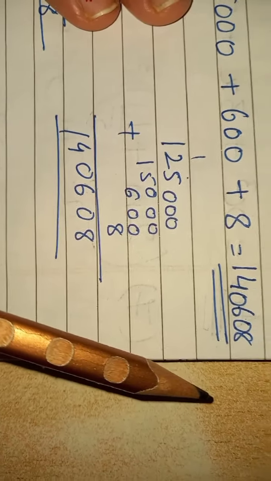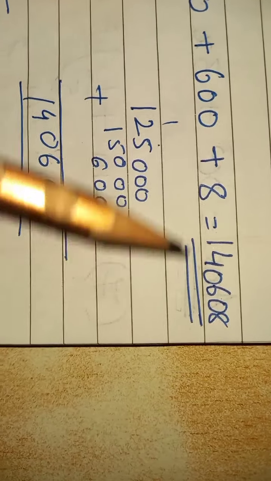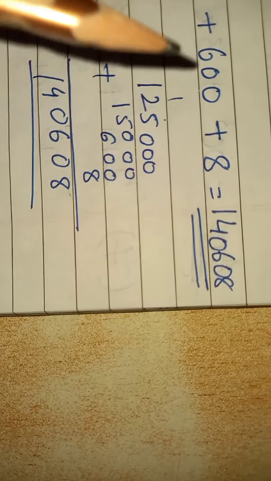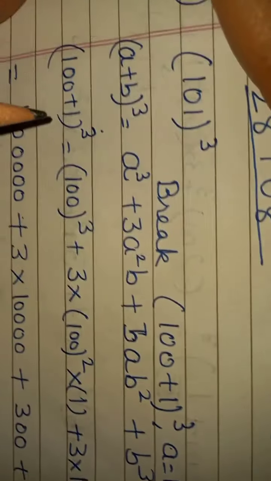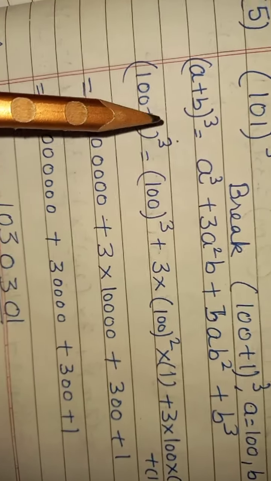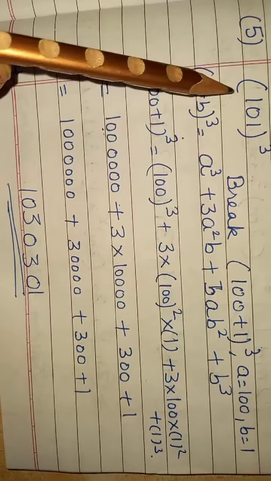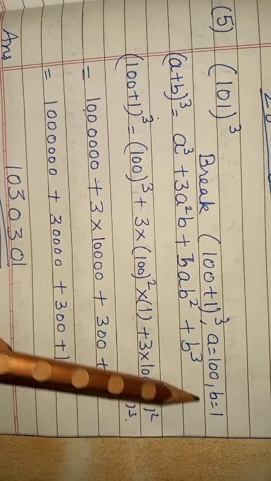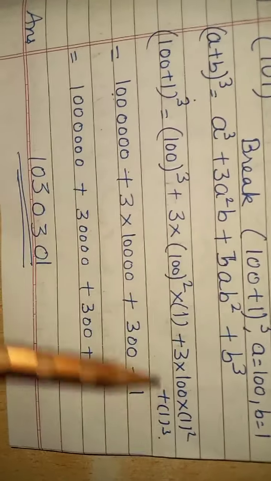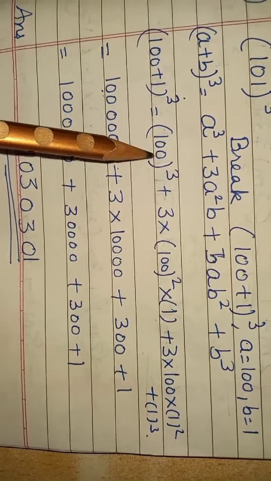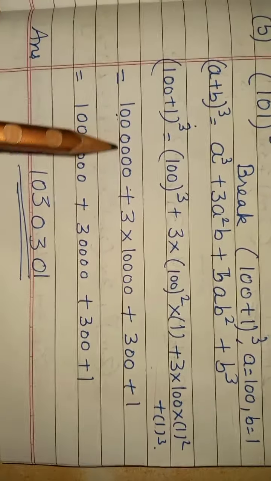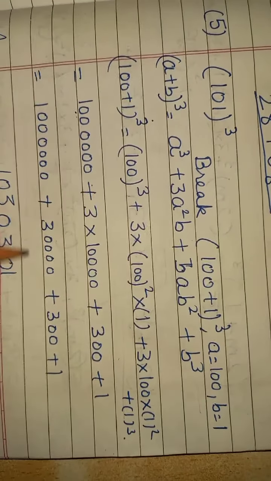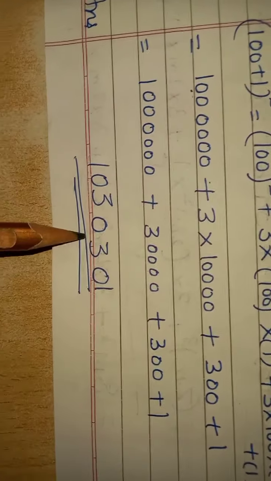No variable is there, so there is no need to panic. How will we do? Just according to the formula only you have to put the numbers and do. Now next one, same way, this is also the next one. So in this 101 plus 100 plus 1, that is, it becomes like this. Same way you have to do. In this value multiplying, see the 0, how many 0 you have to put. So like this you do, step by step, you will get the answer.